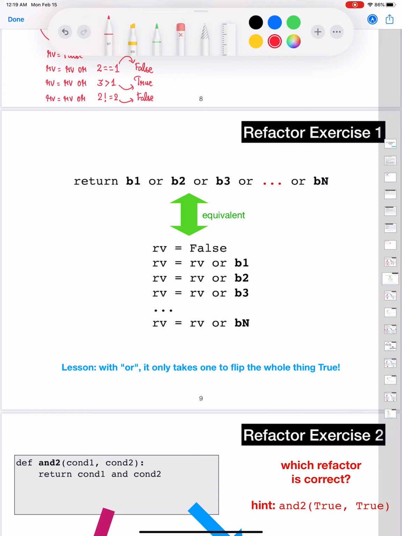So the refactored version for an OR operator that is separating few Boolean expressions is going to be for you to initialize RV variable to false and to apply each of those Boolean expressions as individual ORs with the RV variable here.